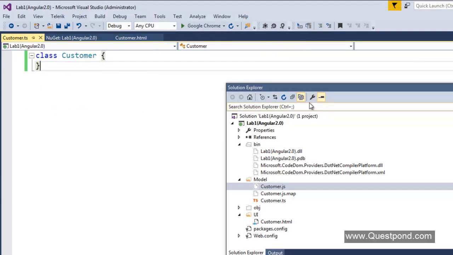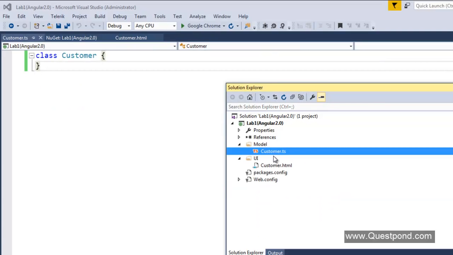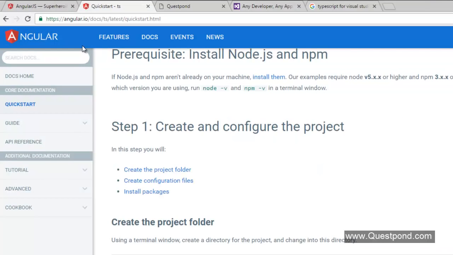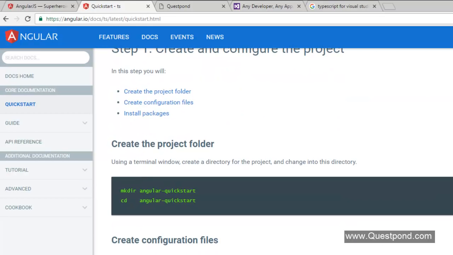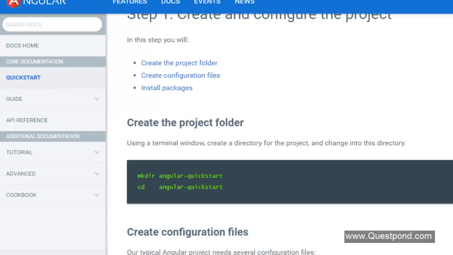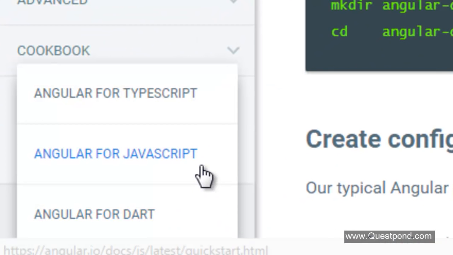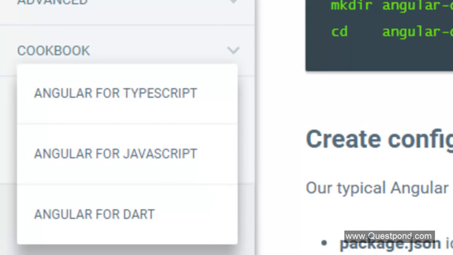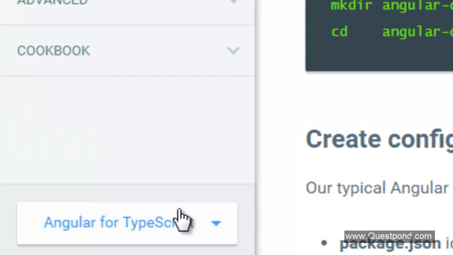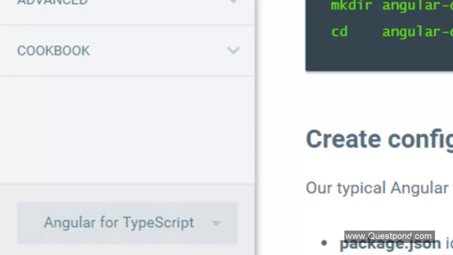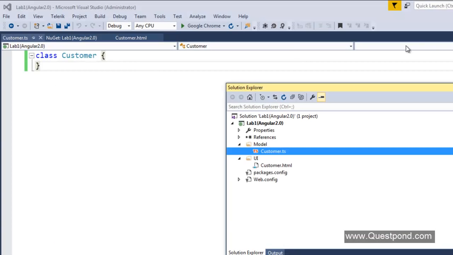So definitely, one of the things which I will be using in this tutorial is TypeScript, because if you go to the Angular site where they have displayed the quick start, you can see that Angular can be done by using TypeScript. It can be done by using pure JavaScript also. It can be done by using Dart as well. But TypeScript is their preferred way of doing it, and the complete Angular is built on TypeScript. So TypeScript was used to create the Angular framework, and if so, it makes sense to write our components